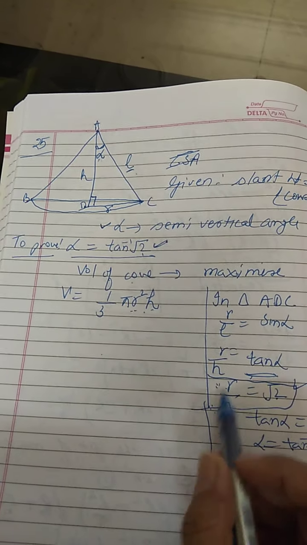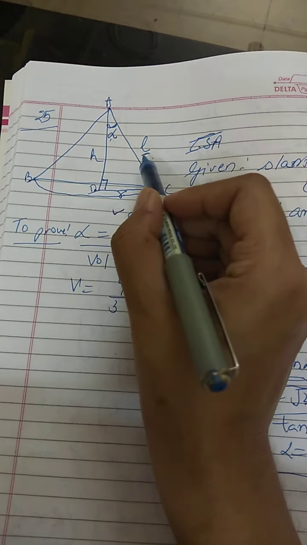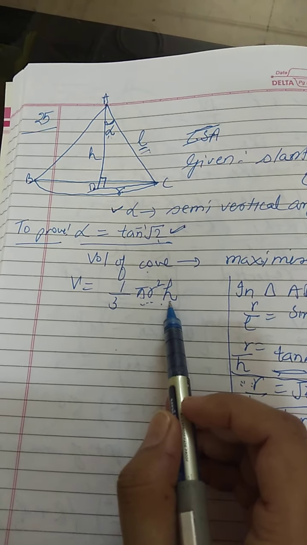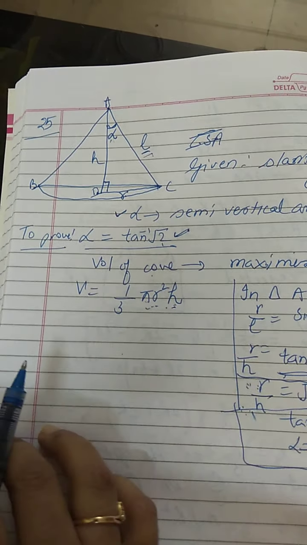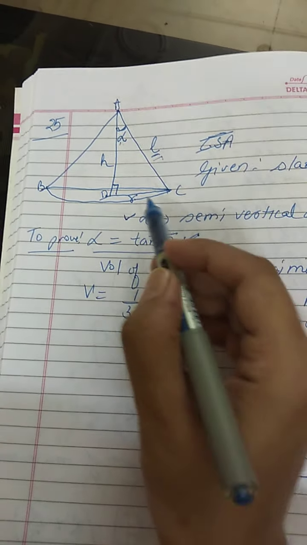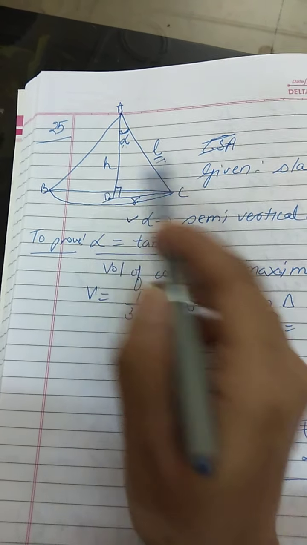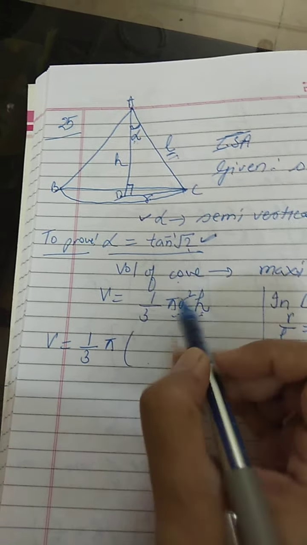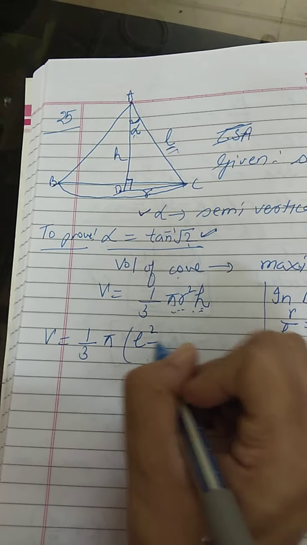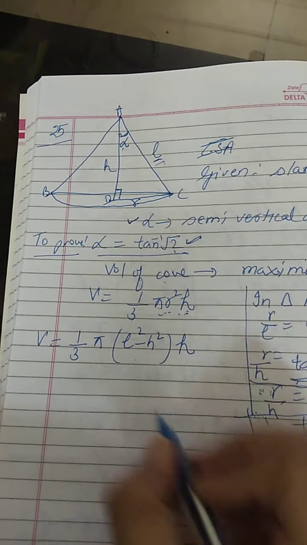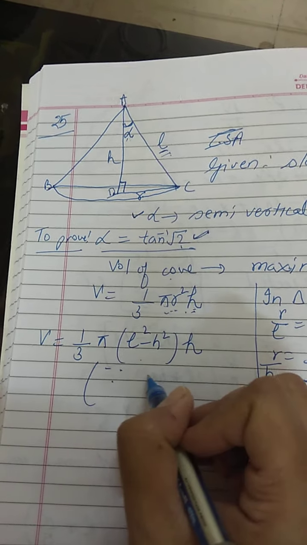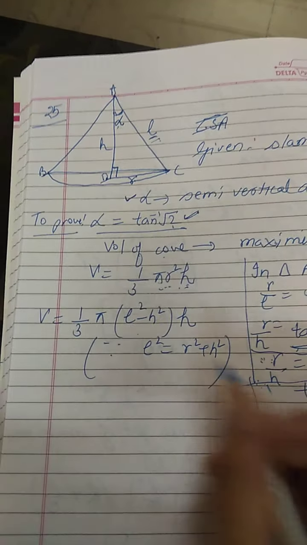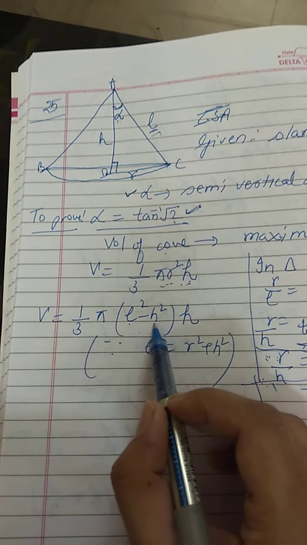So we have to make the relationship between r and h, and the slant height is given here. Both are variables, so we have to convert one variable in terms of the second so that we can differentiate. We can do here, L square will be equal to r square plus h square. So volume can be written as 1 by 3 pi, r square can be written as L square minus h square, into h. From where? Because L square is equal to r square plus h square. Let us write down: L is constant, h is the height.